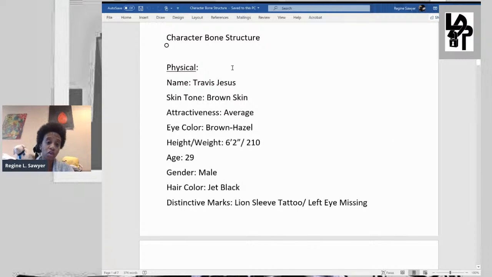So those are the physical aspects. Just so you know, there'll be some other aspects that we're going to discuss. And with these aspects, you can add as much as you want or as little. So let's scroll down to